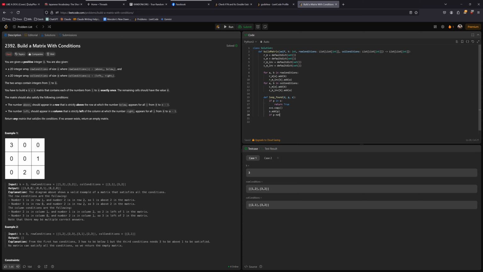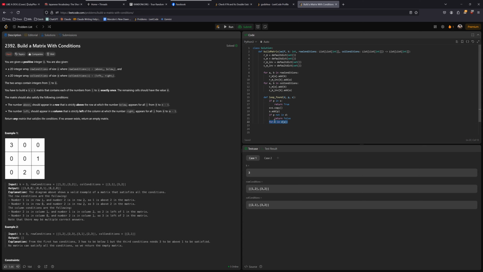Otherwise, for i in d of p, then what I don't want to do, the reason I didn't just do this is because I don't want to add an empty set and then not be able to do this anymore. That's why I have two different values here. So if loop found